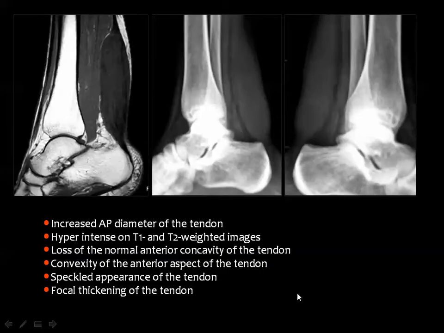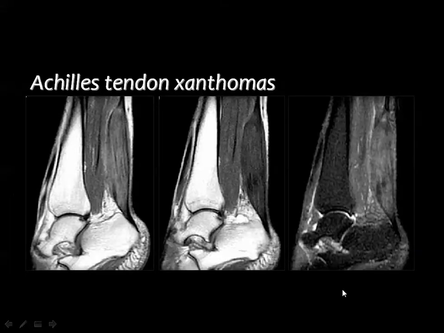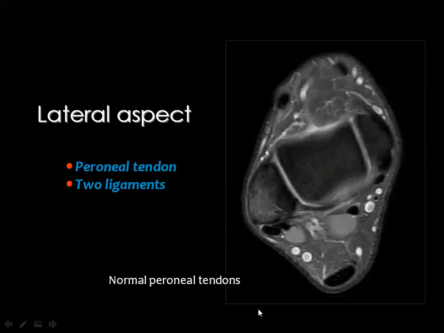Then look at the MRI. This is quite different from Achilles tendinopathy. This is huge swelling of the Achilles tendon, and you may see some dots or faint intermediate signals within the affected tendon. And this is the xanthoma of the Achilles tendon, sagittal T1, sagittal T2, and sagittal STIR. You can see the marked swelling of the Achilles tendon. And we finished